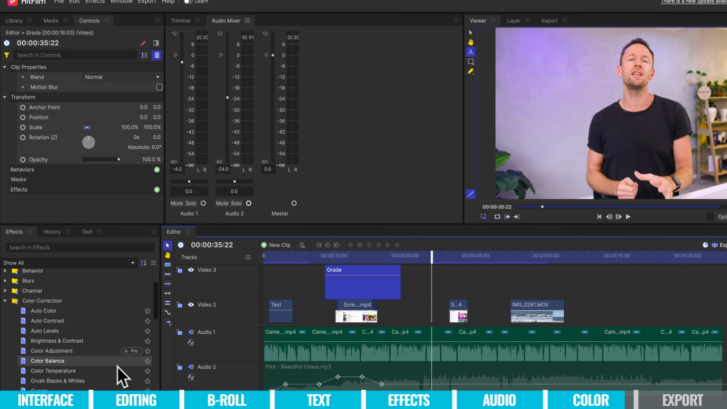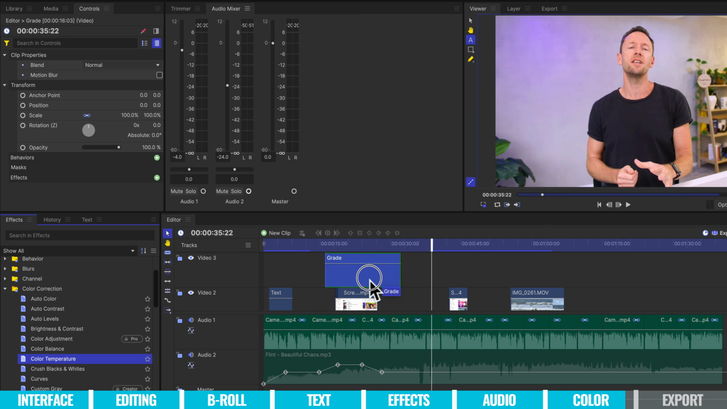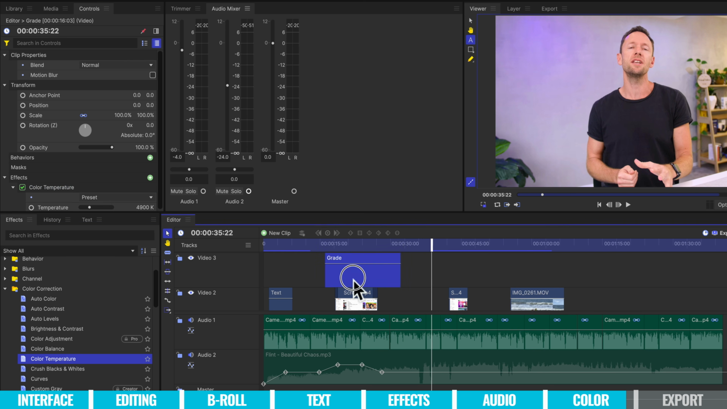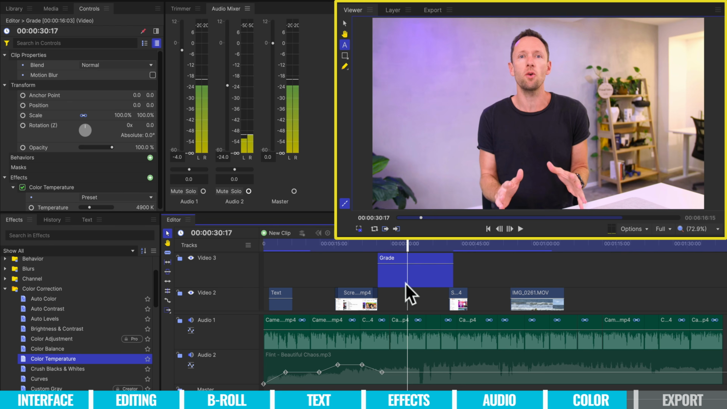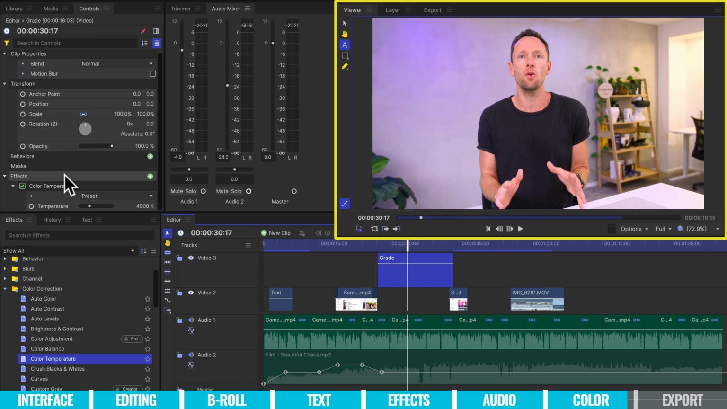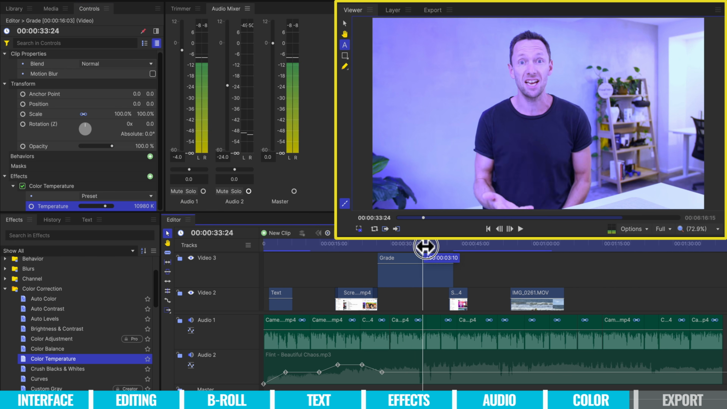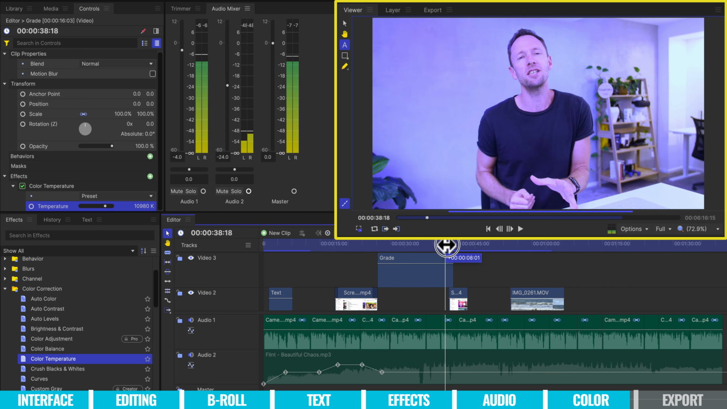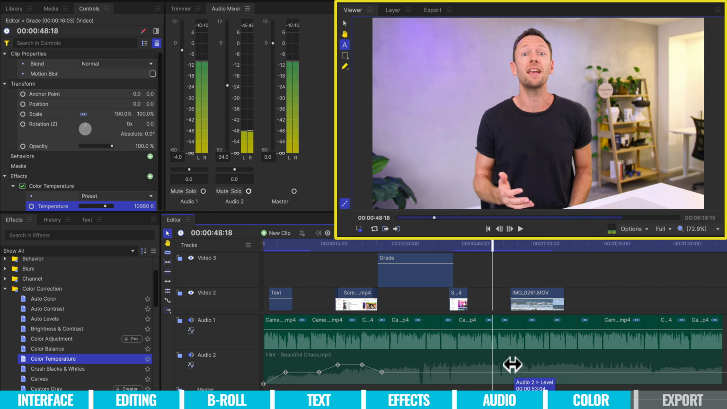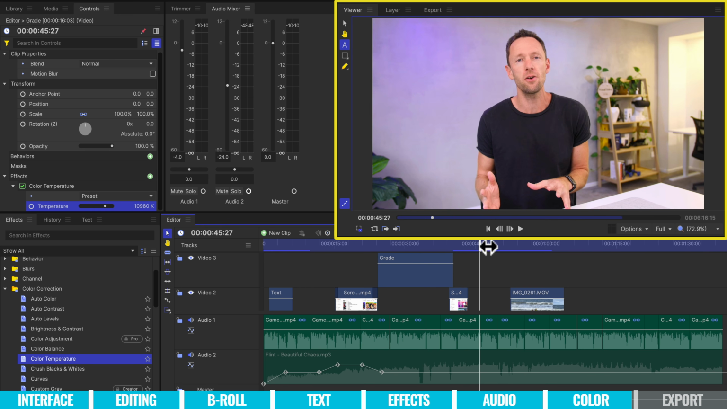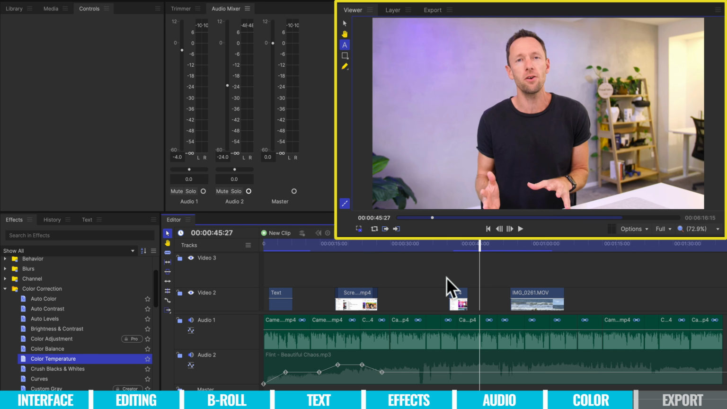So for instance, if we just pick this one here, color temperature, let's put it on the grade clip here. Let's move it across and let's make adjustments to that color temperature. Let's just throw it right out. Okay, we're going super blue for this just to show you. Then we can see here that all the clips under that have that applied to them. But all the ones over here that aren't under that, they don't have that applied. So really powerful feature. I'm going to go ahead and remove that